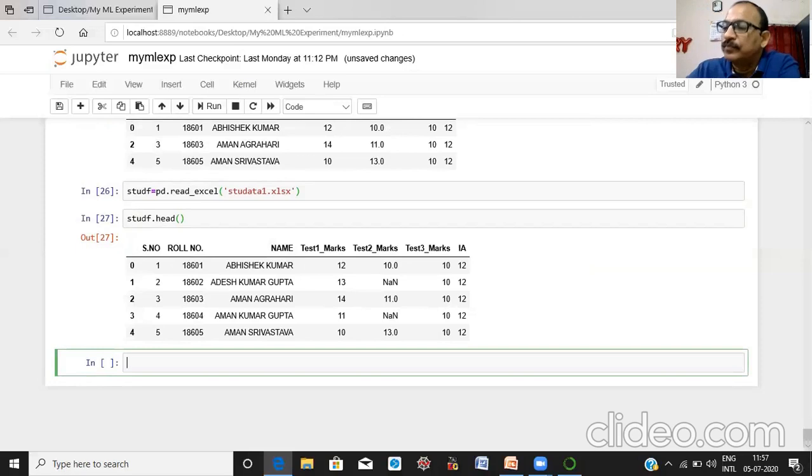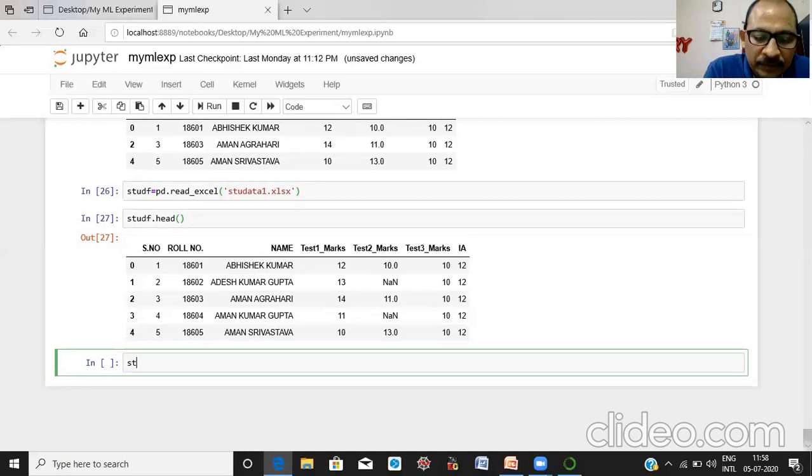next is, now our purpose is to replace all missing values with a 0 or any other number. Okay, what is our aim? Our aim is to replace all missing values with a 0 value or any other value. Okay, how will we do it?